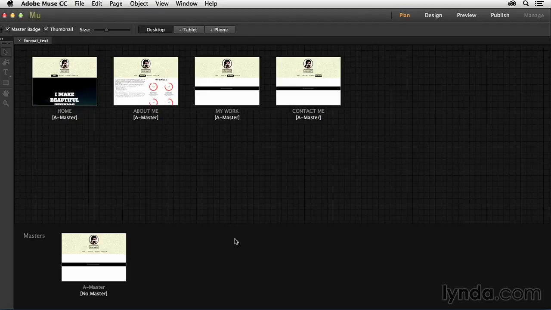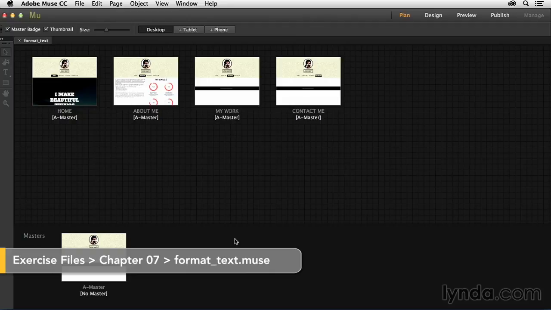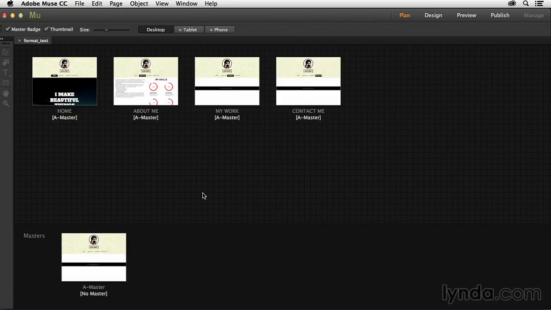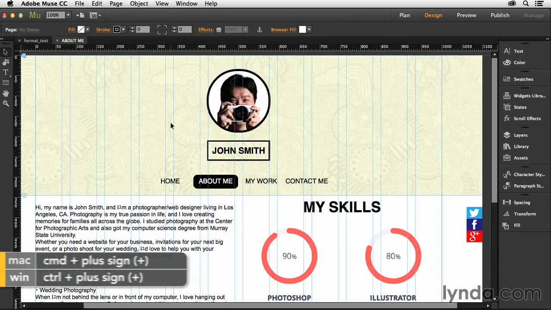Now that we've got our text placed into Muse, it's time to start formatting it a little bit to make it look exactly like we want it to look. So in this movie, I'm going to show you the basic text formatting options you have available to you inside of Muse. Let's double click on the About Me page and go back to that same text frame we were